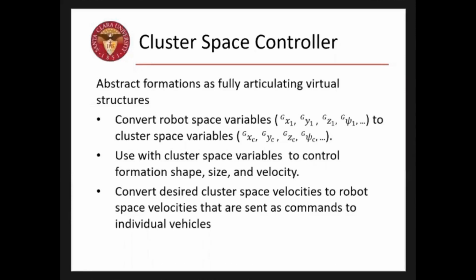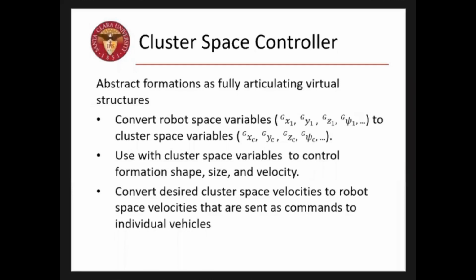Our cluster space control layer abstracts formations as fully articulating virtual structures. In this layer, we convert robot space variables like the position and heading of the quadcopter to cluster space variables like the position of the formation centroid, heading of the formation, and distance between pairs of robots. The cluster space variables are used to control the shape and size of the formation, as well as its